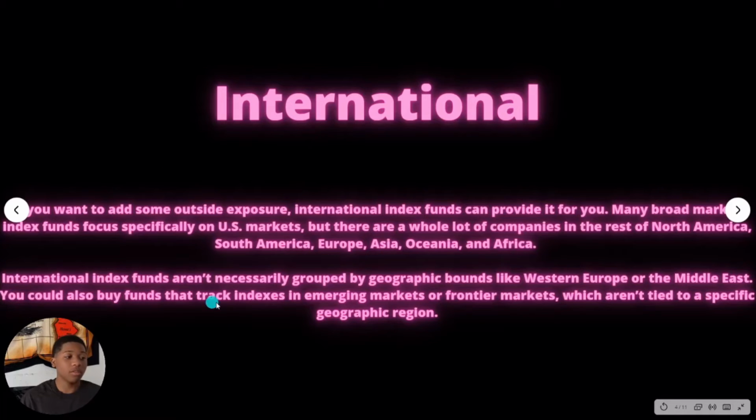Many broad market index funds focus specifically on US markets, but there are a whole lot of companies in the rest of North America, South America, Europe, Asia, etc. International index funds aren't necessarily grouped by geographic bounds like Western or the Middle East. You can buy funds that track indexes in emerging markets or frontier markets, which aren't tied to a specific geographic region. So to simplify that,